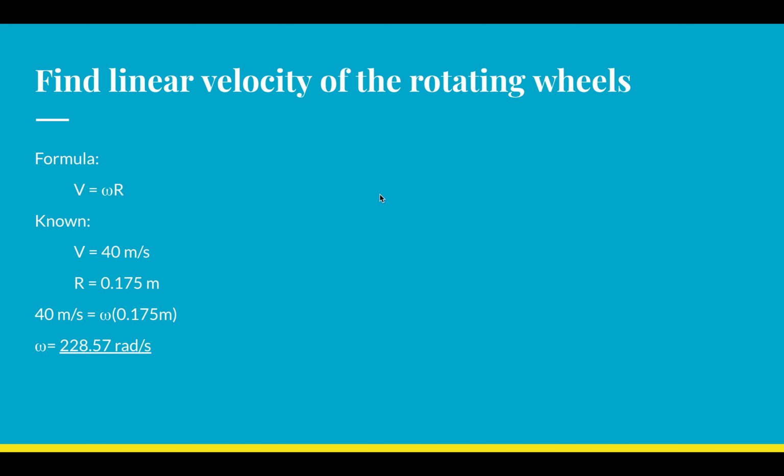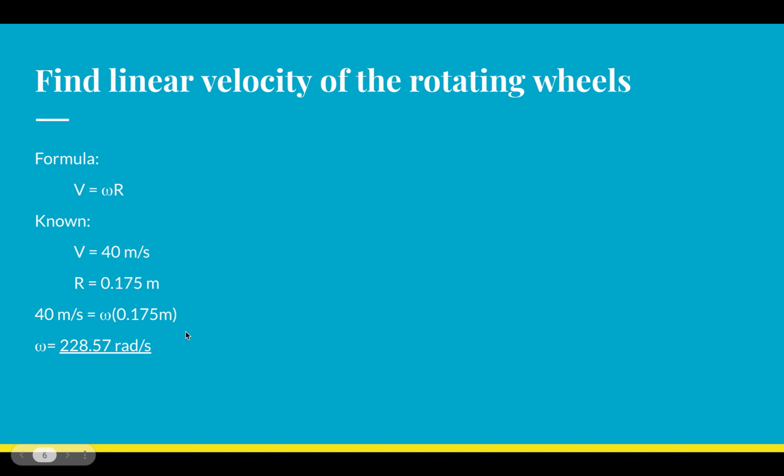Now we'll find the angular velocity of the rotating wheels. We'll use this formula: velocity equals angular velocity times radius. We know that the velocity, which we just found, is 40 meters per second, as well as our radius, which we just found is 0.175 meters. And we'll plug those in. We'll plug 40 meters per second in for v, and our radius, 0.175 meters, for the radius, and we'll solve for angular velocity, and we get